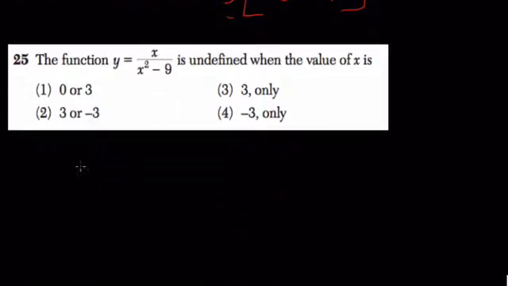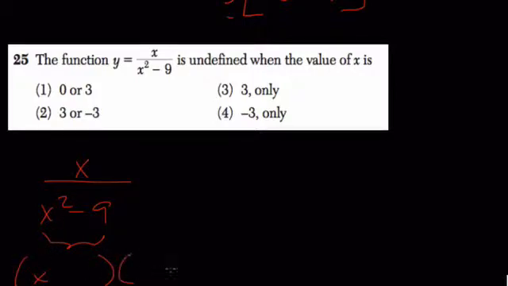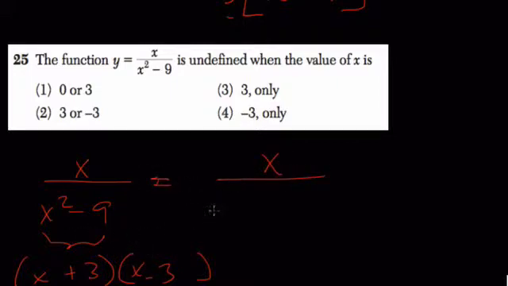Okay, when is this function undefined? Well, x over x squared minus 9. X squared minus 9 is the difference of two squares. So that means you take the square root of x squared, that's x, parentheses, the square root of 9 is 3. So we put plus 3 minus 3. So that's us factoring out x squared minus 9. The reason I'm showing you that is because this function will be undefined when x squared minus 9 equals 0,